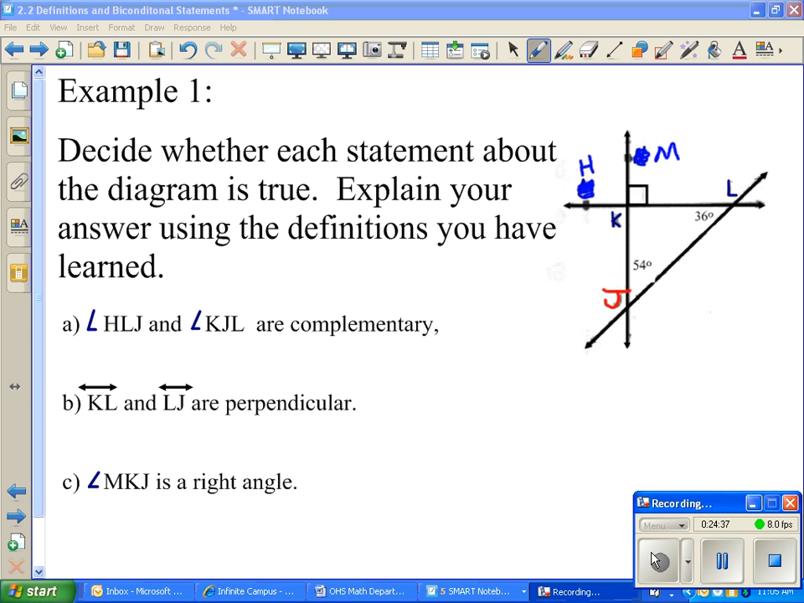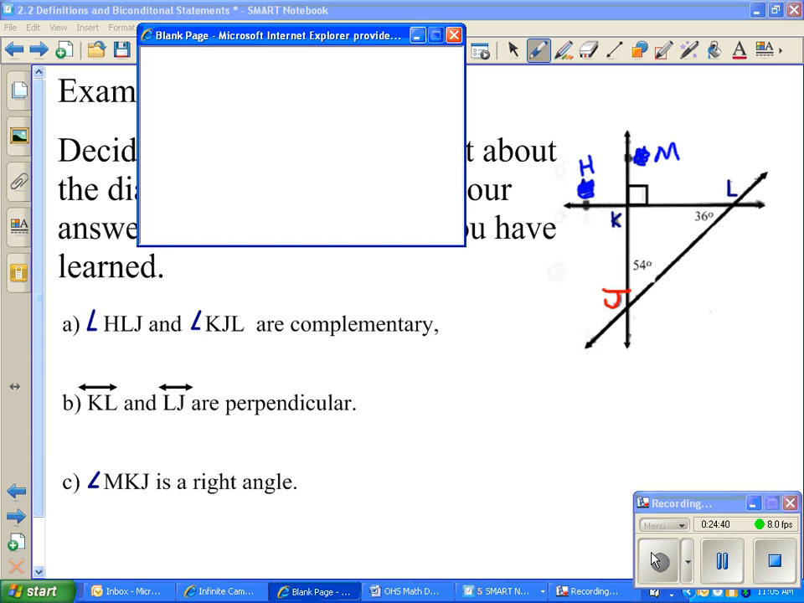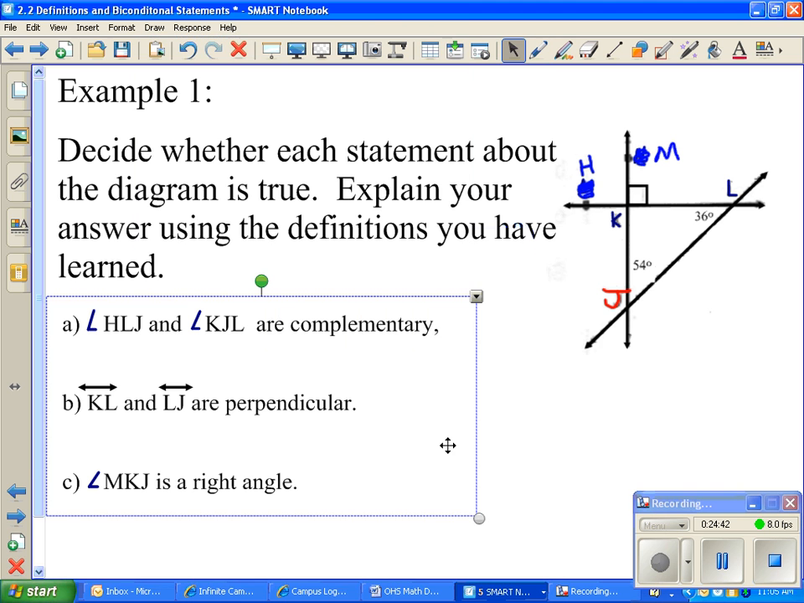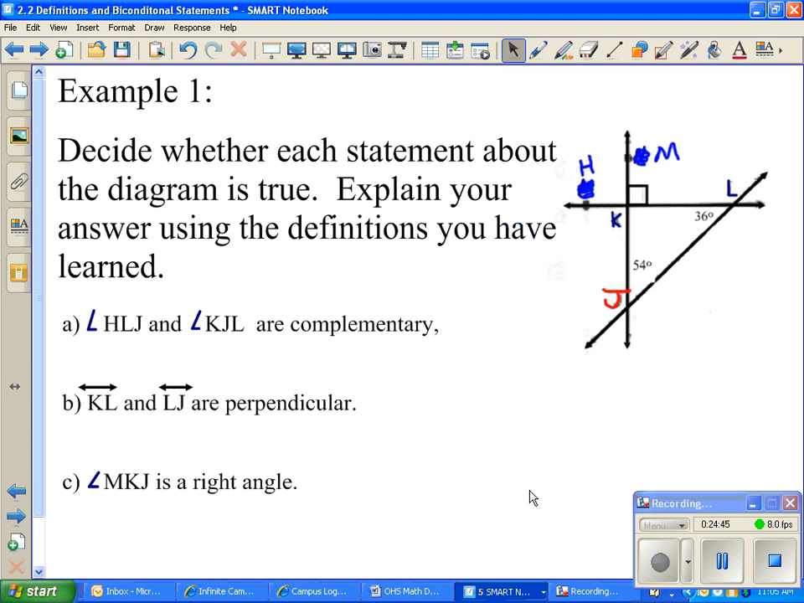All right. So they are complementary. Whether the statement is true in this diagram. Okay. So, is 36 plus 54, what's complementary? What's complementary mean? They add up to be 90. Thank you. So does 54 and 36 add up to be 90? True or false? True. Right? So it's true. All right, now we're looking at lines LK, or KL, which is this line right here,